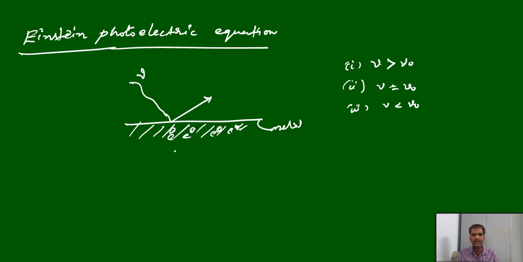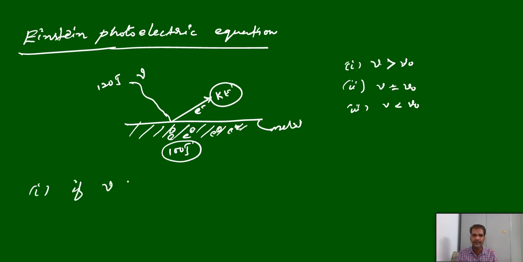For example, to remove this electron we required 100 joules, right? And we are incident with a photon of 120 joules. Then to remove this electron, out of 120 it will take only 100 joules. The remaining 20, after ejection, the electron will move with a speed, meaning it has some kinetic energy. So the remaining 20 joules the electron will take, and that energy is converted into kinetic energy after removal of the electron. So overall, the work function plus this kinetic energy equals the incident energy. That is case 1.